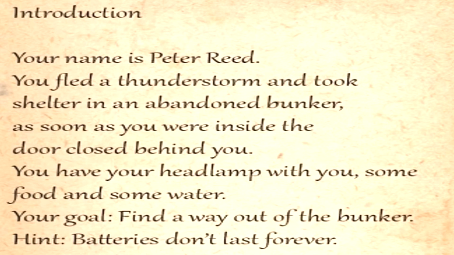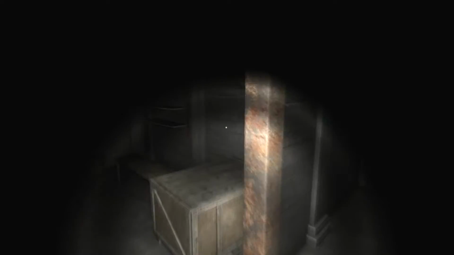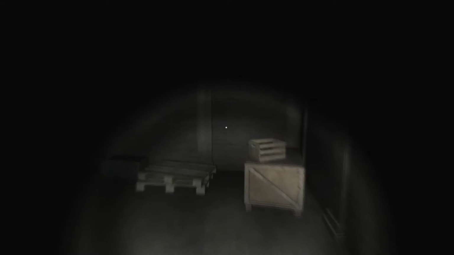in the middle of a thunderstorm, and as he enters the establishment for shelter, the door magically closes behind him, trapping him inside. And with only a headlamp, scarce resources, and an inability to close cabinets properly,